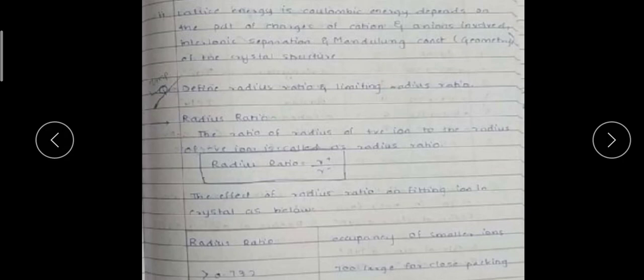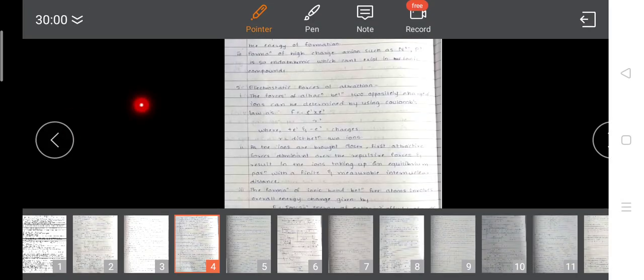First, there should be a large electronegativity difference. Second, the inert gas configuration. Third, the low ionization energy of the ion. Fourth, the high electron affinity of the non-metals. Then, electrostatic force of attraction. Sixth was the low sublimation energy of the metals and the low dissociation energy of the non-metals, and the last one was the high lattice energy. These 7 factors we have seen.